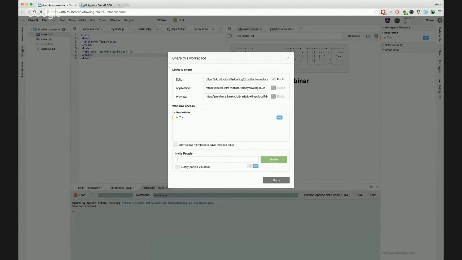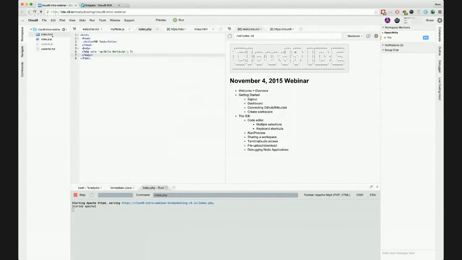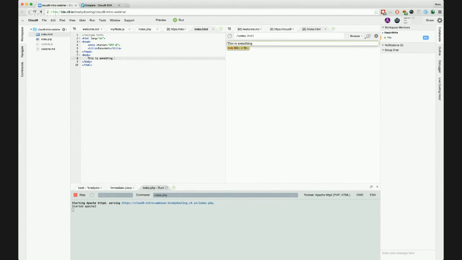If you're going to see the editor, then you're going to need to be logged in. If you want to preview a file, you don't need to be logged in to see the preview of a file. So for this index.html, let me show something here. I could preview this, just like I said, live preview. And if I want to pop this out into my Chrome tab, this URL,